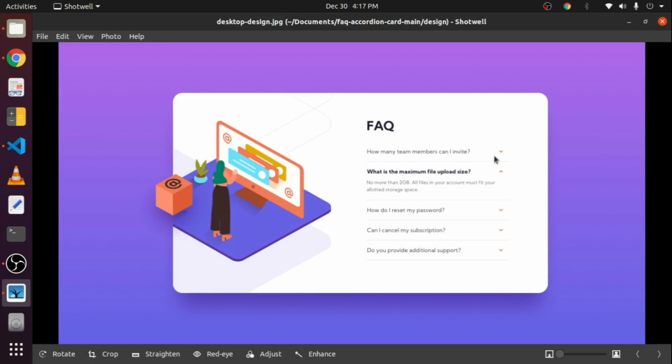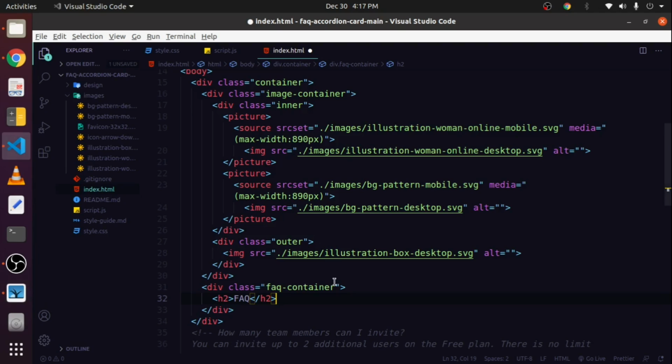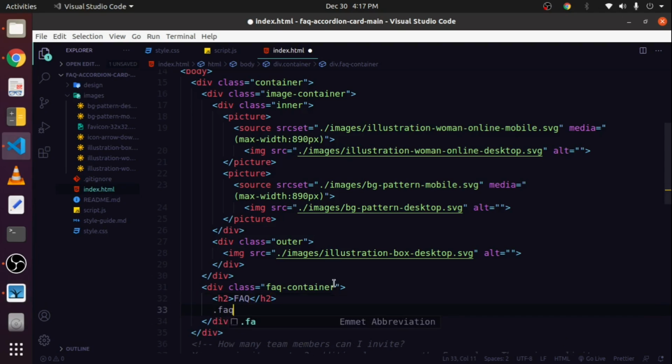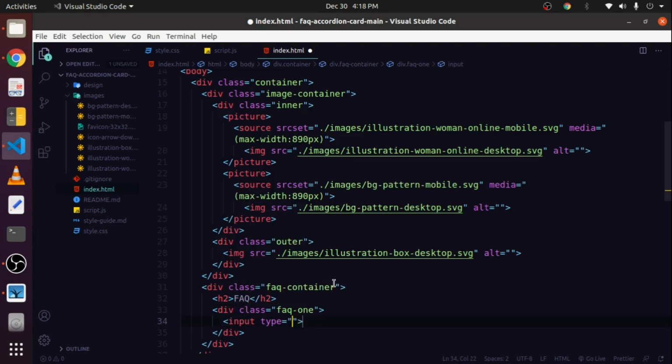Now I'm going to create a div for each FAQ like this, .FAQ-1 for the first one, and then inside this type input like this and give it a type of checkbox so we can easily toggle the FAQ, and give it an ID of question1 like this, and then add a label tag like this and give it a for attribute same as this ID.